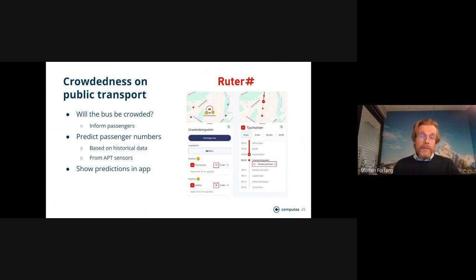And the generic pattern here is that there are historical data, every Monday is fairly similar, every Easter is fairly similar. We exploit these patterns, regularities in time series, and then use that for predicting some trend or how the future will look. In this particular case, we map it onto an app for public transport.